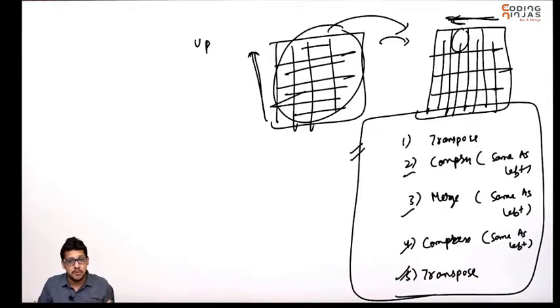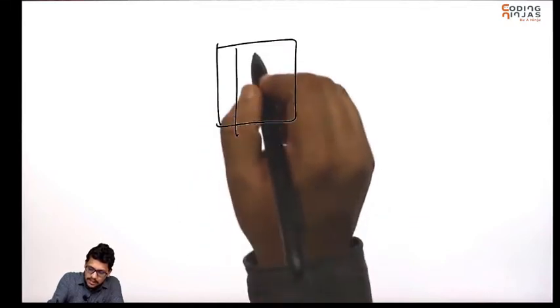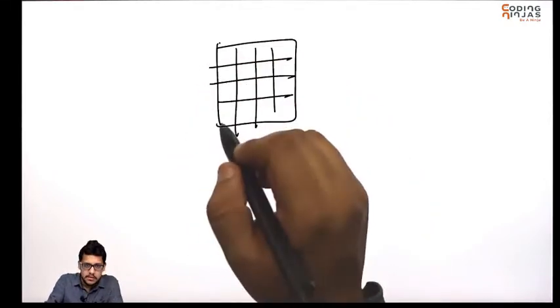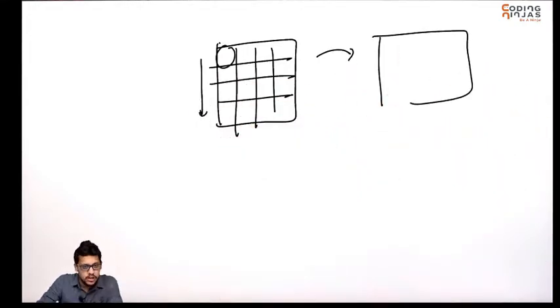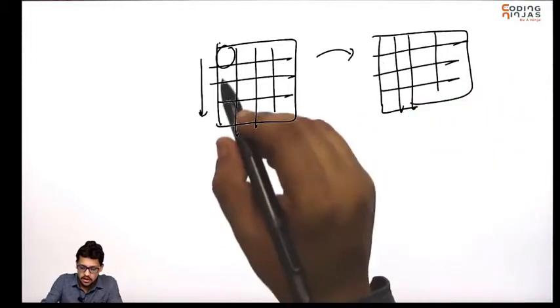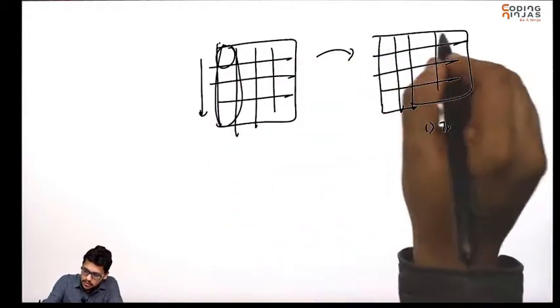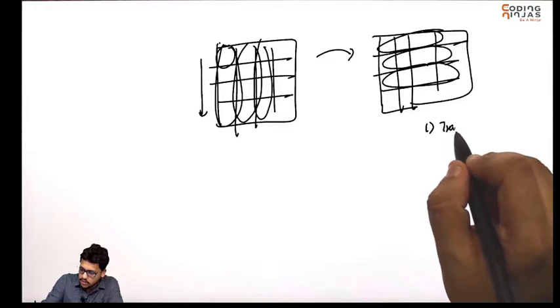Okay, that was in the case of up movement. What will happen in the case of down movement? Down movement can be generalized by this: this is our matrix, so we need to take the transpose, so that in down movement you need to move like this. So what we can simply do is convert this matrix into this, first of all by transpose, so that all of this comes here, then all of this comes here, then all of this comes here. Take the transpose.